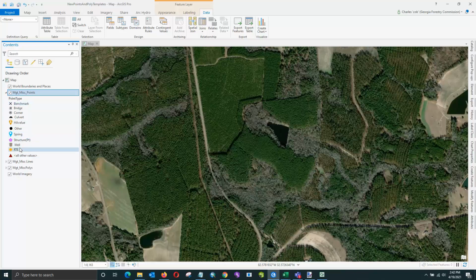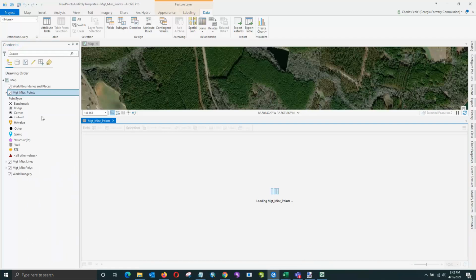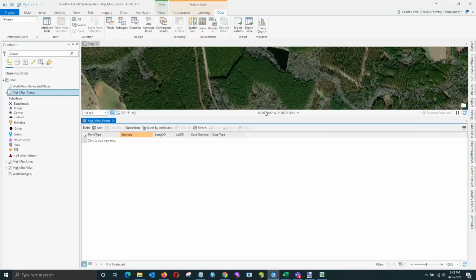But the problem is if it's something else, the domains lock you into one of those values, and when you're selecting a feature, so when you go to that field, it'll be the drop down with those values, and if you wanted to type in another value, you wouldn't be able to do that under the domain structure. But what we have is, if you look at the table here,